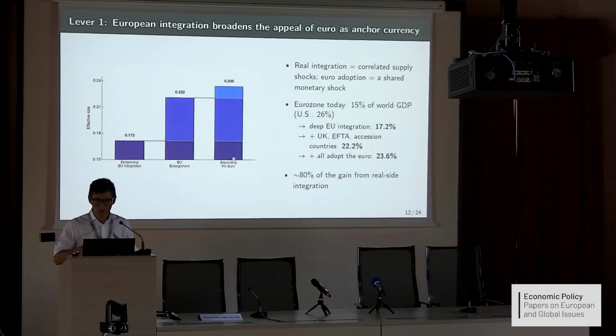And then what if you expand the euro even more to all of these countries? You can maybe expand the eurozone up to 24% of world GDP. Okay, so these are 3 different levels of eurozone integration that are potentially there. 2 things to point out. This by itself alone still does not make the eurozone as large as the US. So by itself, it's not quite there yet.